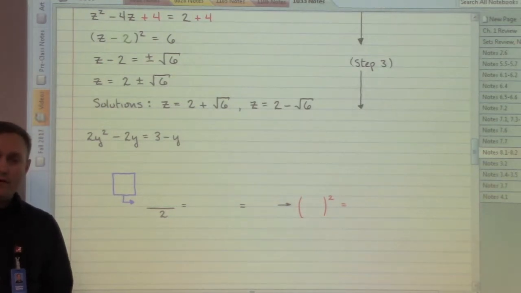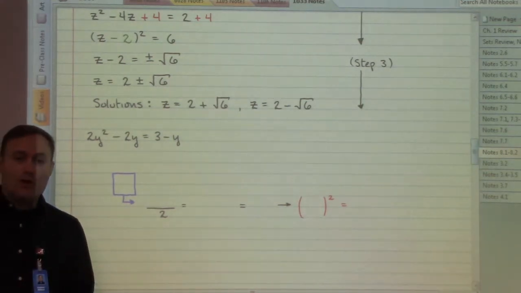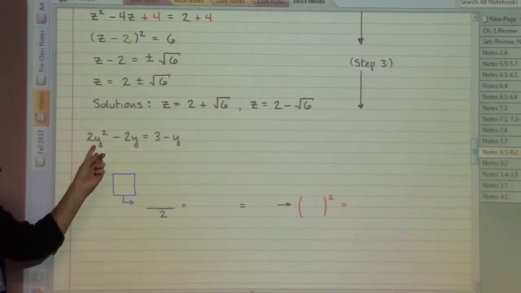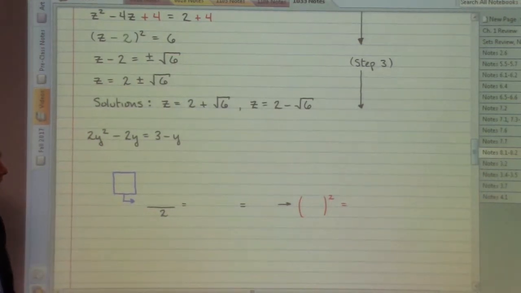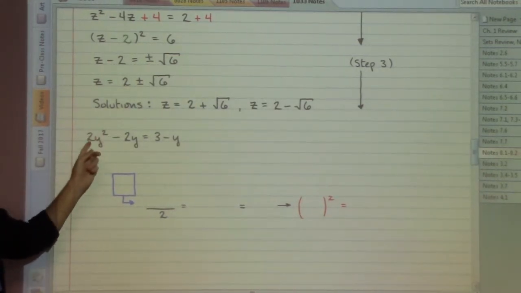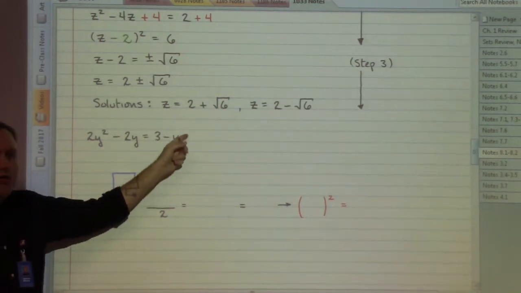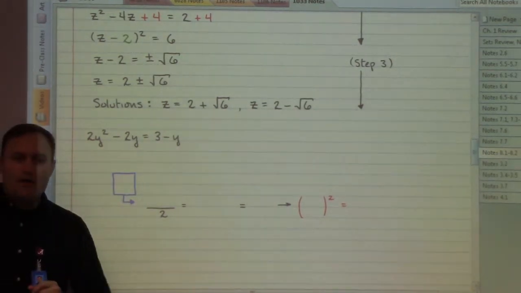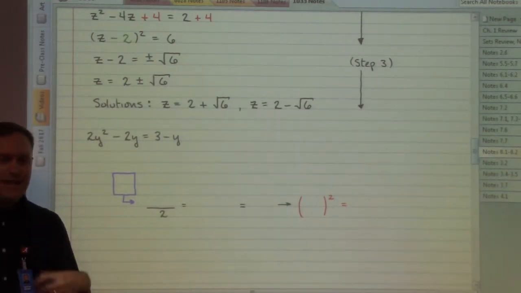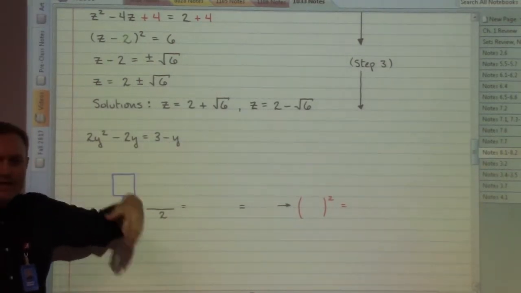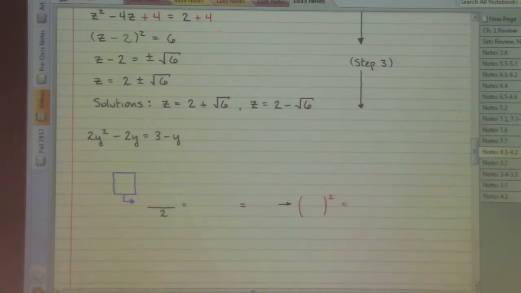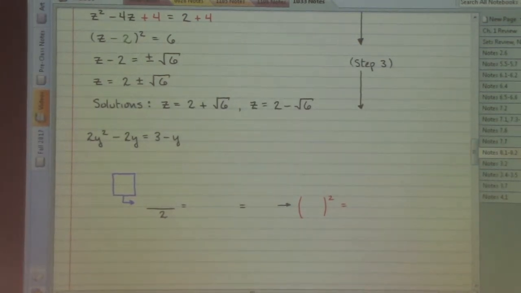I need to get my variable parts by themselves, and I need to have a 1 in front of my x squared, y squared, z squared. This time it would be a y squared. So I like that I've got the 2y squared, and I like that I got the minus 2y. I don't like that over on the right side I've got the minus y over there, though. So I need to take the minus y from the right-hand side and bring that over to the left-hand side. So that would give me,